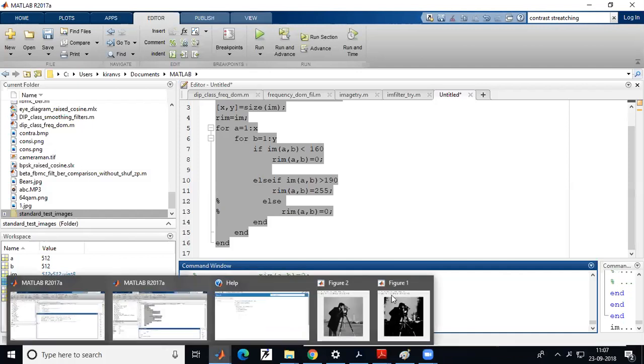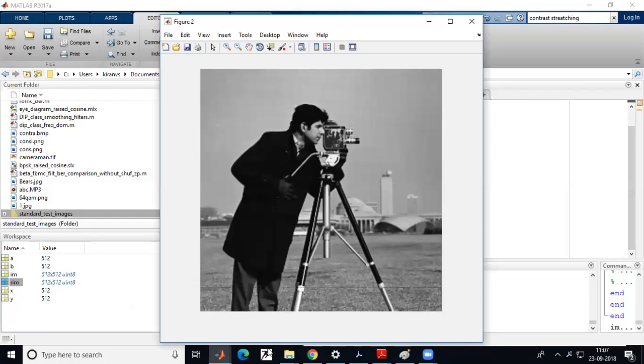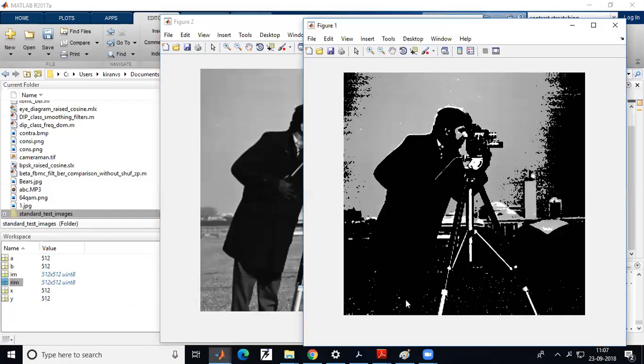Now see here, the same image. Values above the range have become black, and values below have been converted to white. So this is just an example. I showed you how to access the bits and what we want to do.